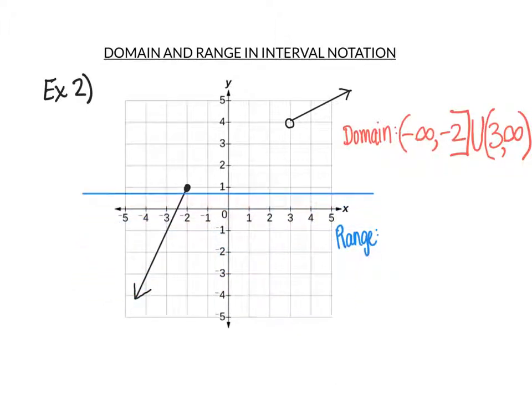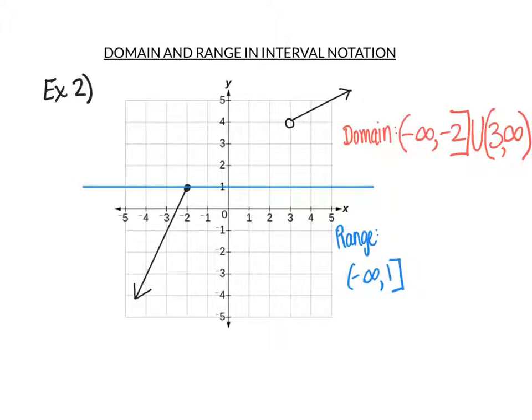And y equals 1 is the last location where this blue line is touching our black graph. Notice that here we have a closed circle, which means that we are going to include the y value of 1. So just for that piece, we can say that the range goes from negative infinity, comma, and then the highest y value on that one segment was positive 1. Because this is a closed point on the graph, we have to include it in the range, so we are going to use a bracket.